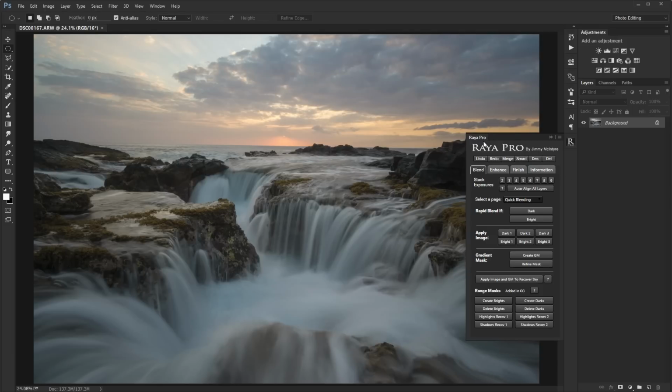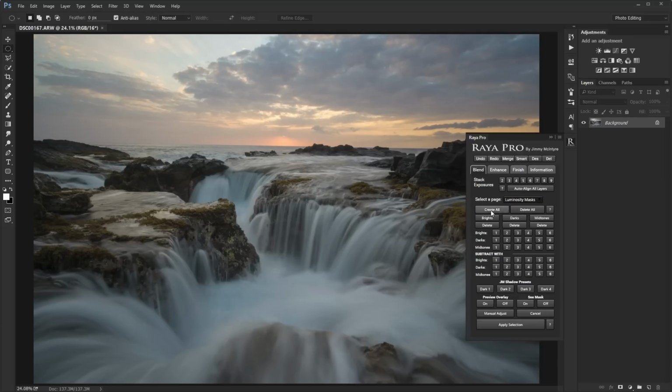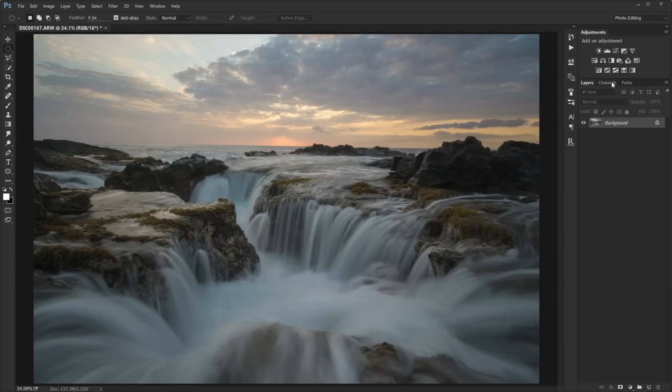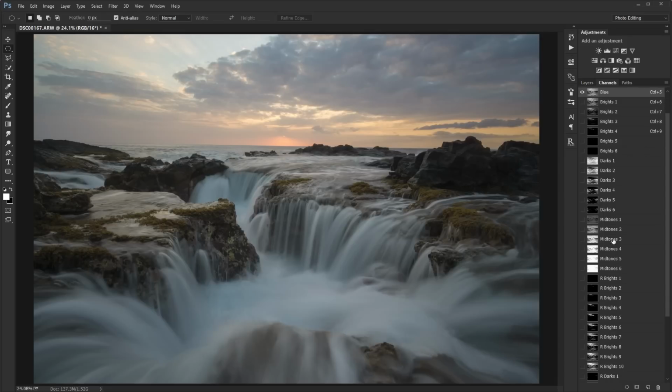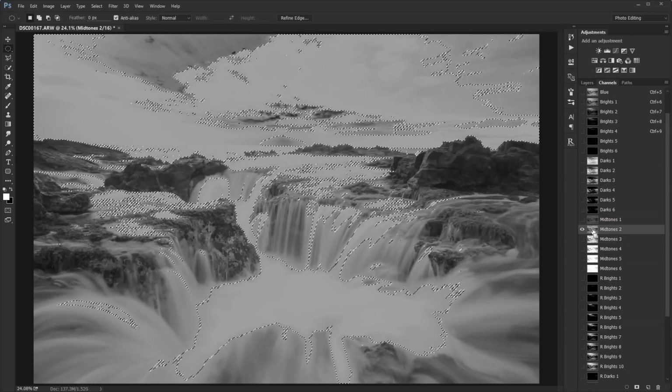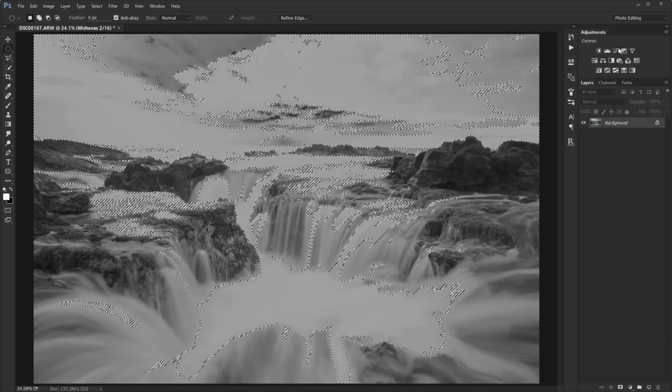So I'm using a plugin called Raya Pro, and I'm going to create luminosity masks. I'm also going to create special extra bright contrast luminosity masks and extra dark ones. I'm going to go to my channels and select my midtones. I'm going to select Midtones 2. Pressing Ctrl and clicking on the thumbnail, I can get that selection, and then I'm going to create a curve